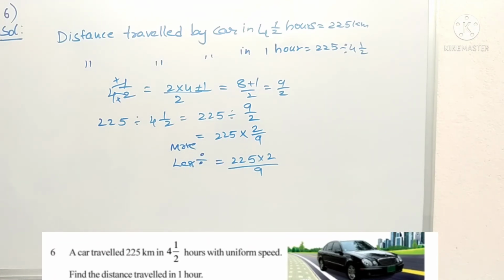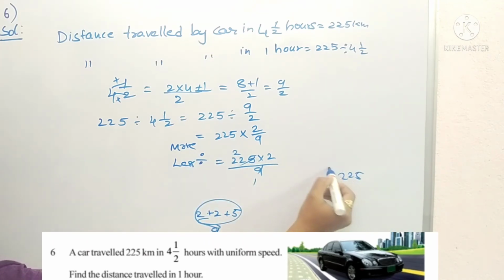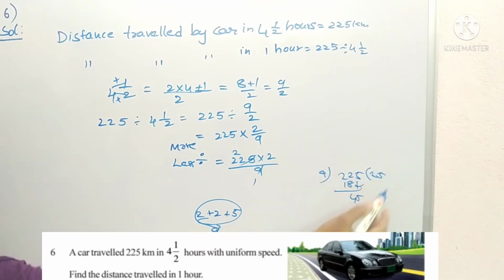In the 6th class you came to know the divisibility rules. If the sum of digits in a number is divisible by 9, then it is divisible by 9. So 2 plus 2 is 4, 4 plus 5 is 9. So it is divisible by 9. So 9 2s are 18. It is simple division only. 9 2s are 18 and 4 will be there and 5. So now 45. 9 5s are 45. So 5s, so 25 into 2.